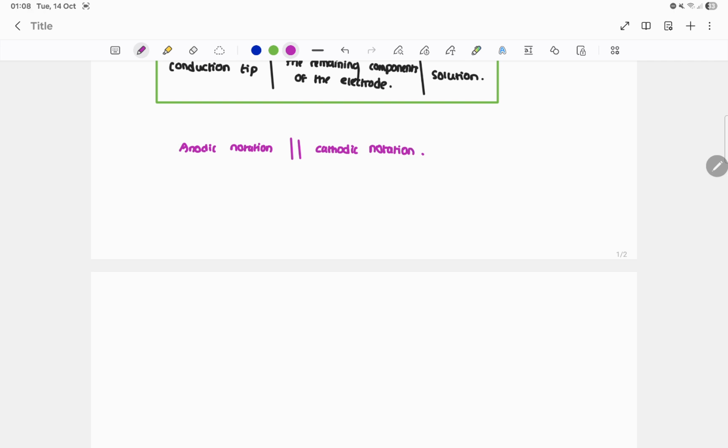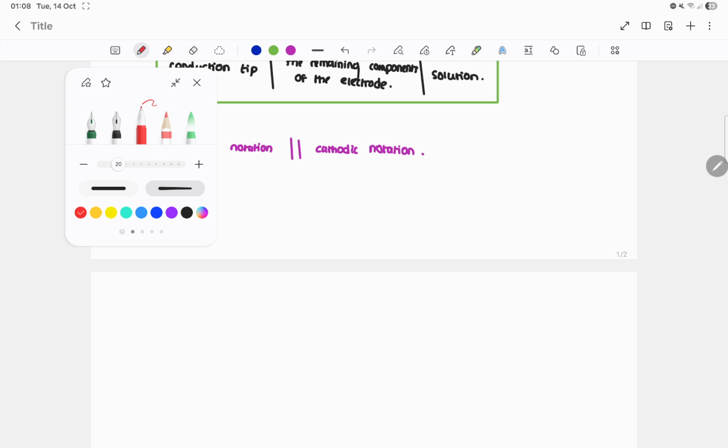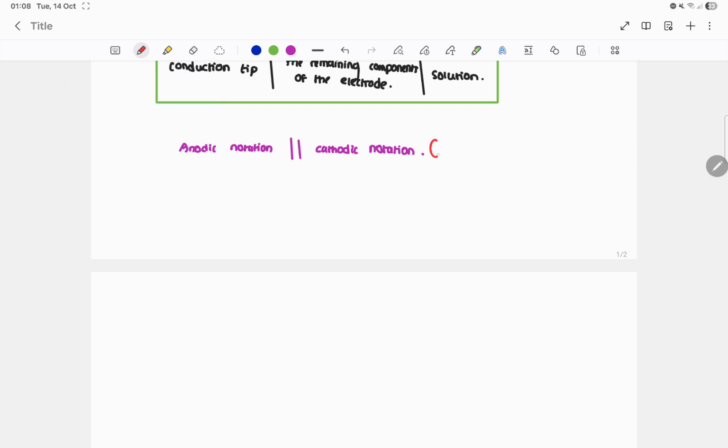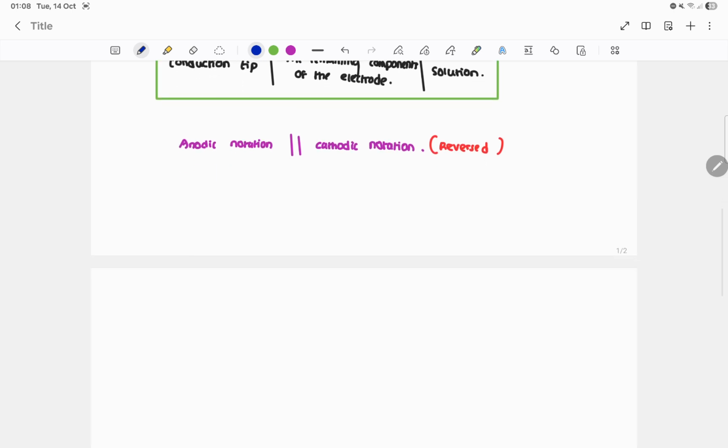I told you several times that the cathodic notation has to be reversed. So in this case the answer will be anodic notation, zinc solid, a straight line, zinc chloride,